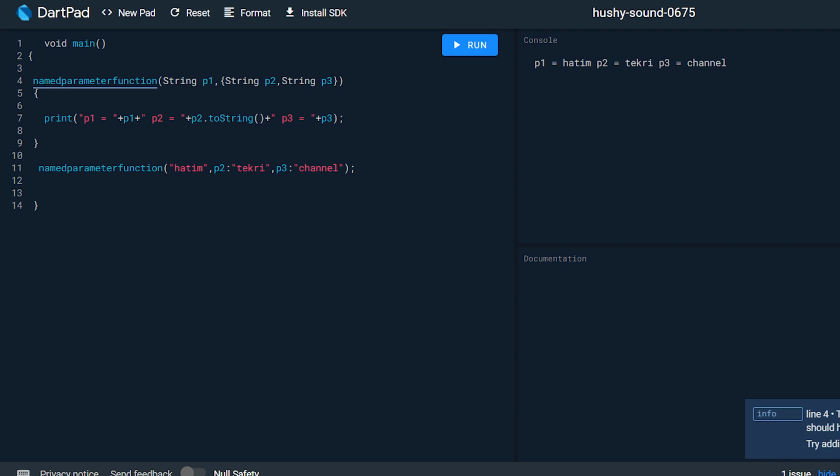Now we understand how this optional named parameter helps us prevent errors in case there are a large number of parameters.